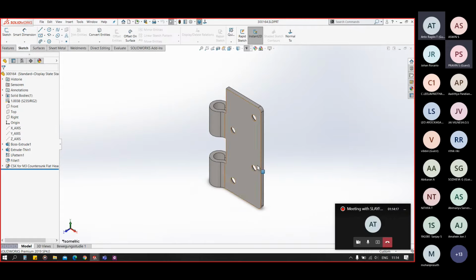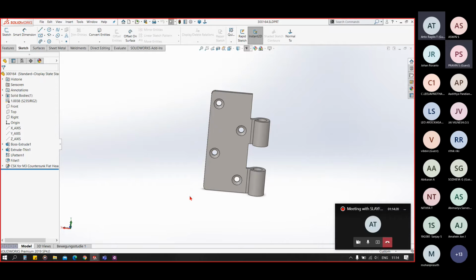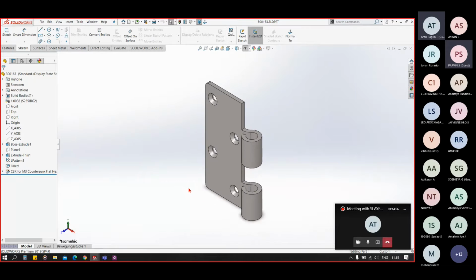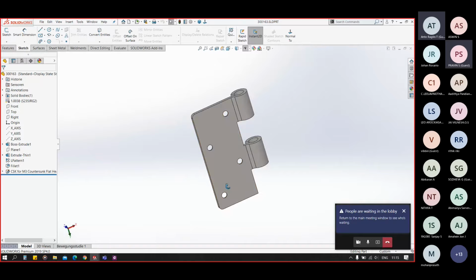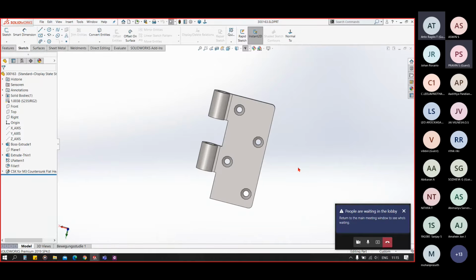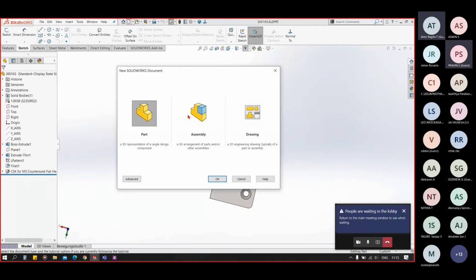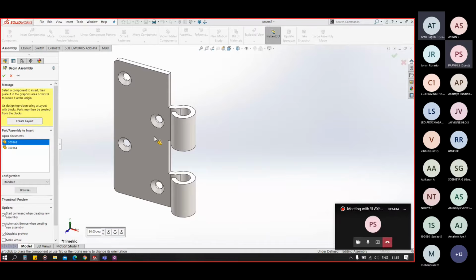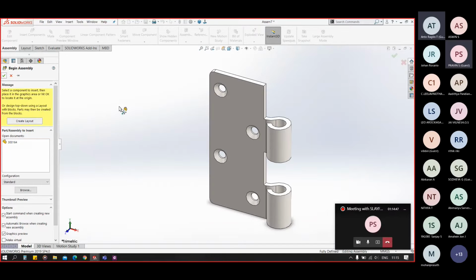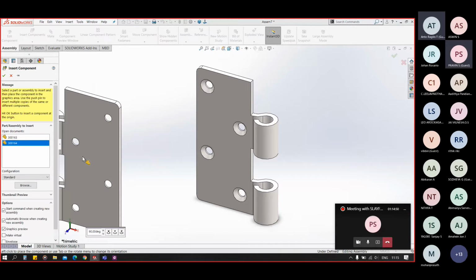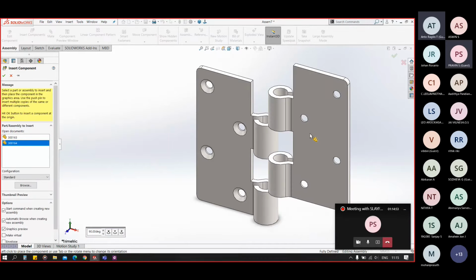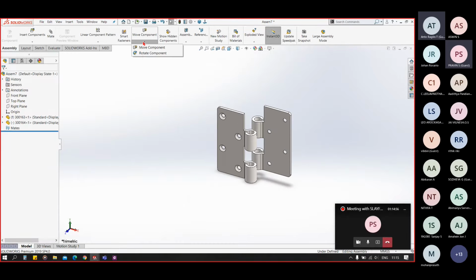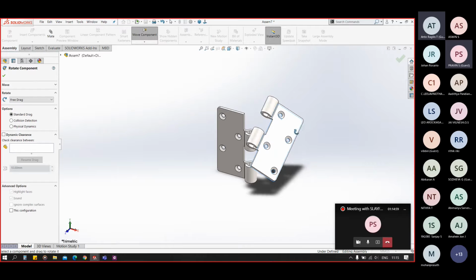So you can see I have this hinge part designed earlier, and also this one. So these two parts are used in the hinge. So now let's create a new assembly for that and insert both the parts. I'll fix one part at the origin and the other part I'll keep as a free part. Now I have to rotate it in this manner.